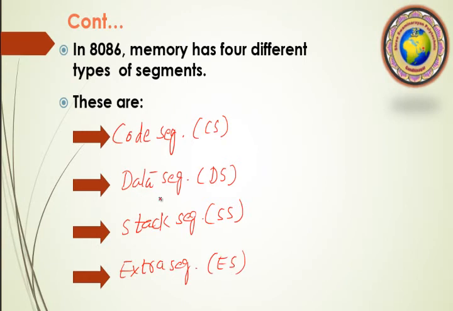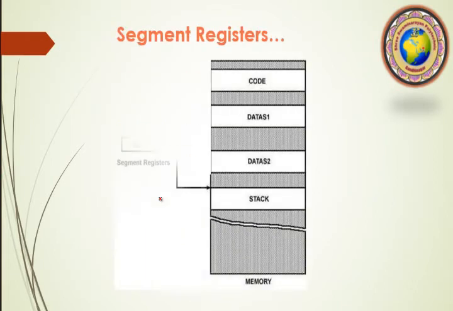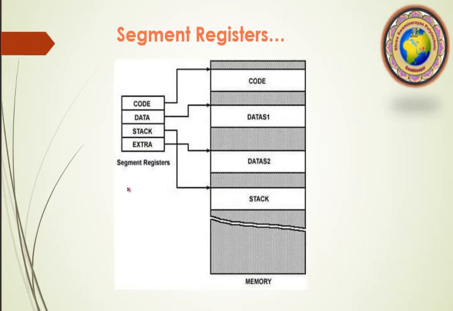This will be pictured in memory. How will it look? This is our segment registers, segment registers 1, 2, 3 and 4. The code segment will occupy a memory slot here. In the same way the data segment will be here, then the stack segment here, and this additional extra segment, also known as a data segment, will be accommodated here. So memory can be divided into various slots or segments. This process is called segmentation.